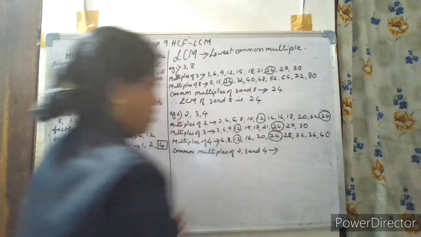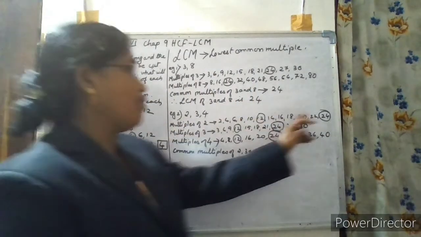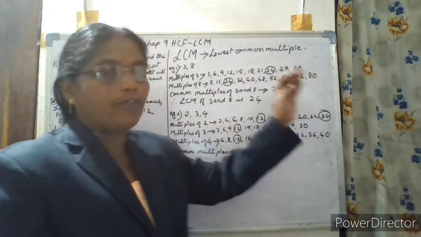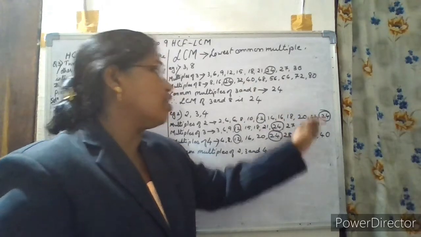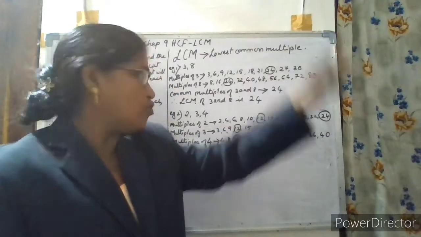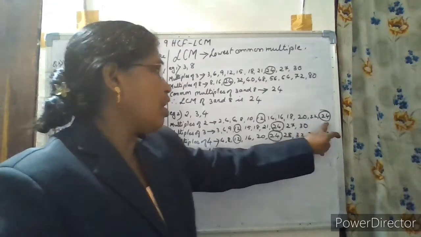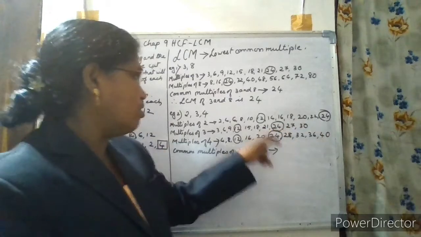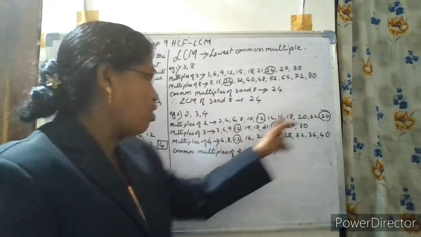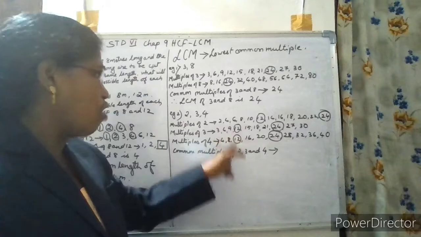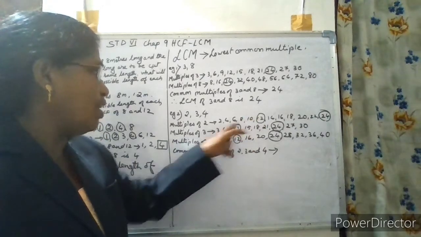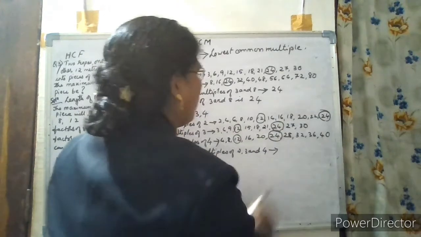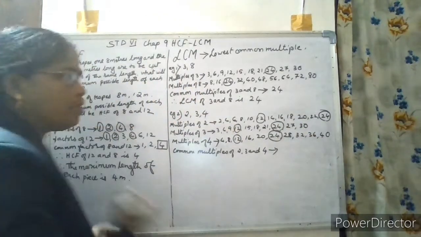Suppose if for any one of the numbers we are not getting common multiples, then we have to write the multiples of that particular number further: 11s are, 12s are, 13s are and so on. As I have written here, 2 11s are 22, 2 12s are 24. I got another common to show you. This was not needed, as I already got common in all three, that is 12. That is enough, but still I have shown you how to find it. If we are not getting common, then we have to go further with the tables.